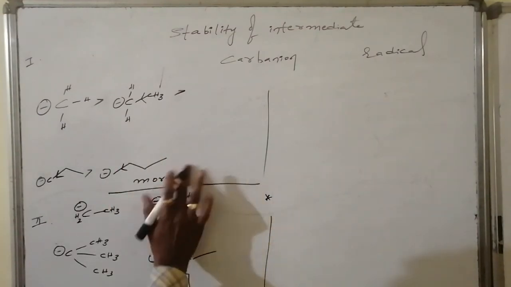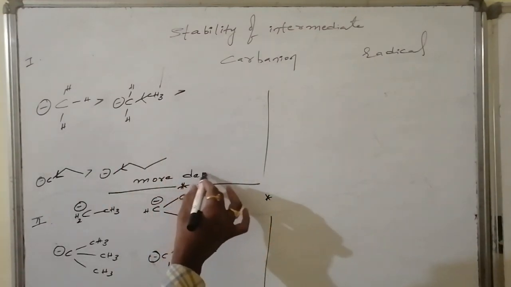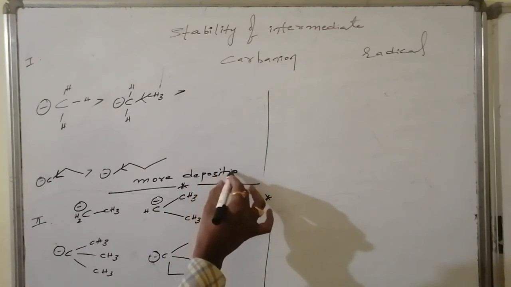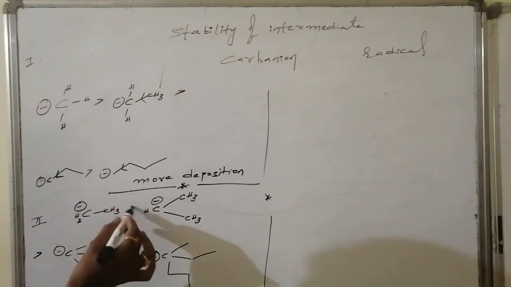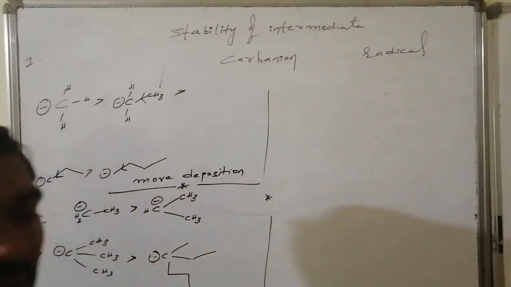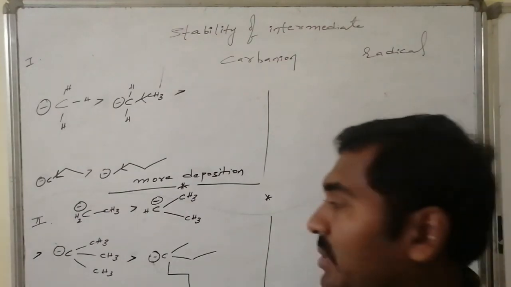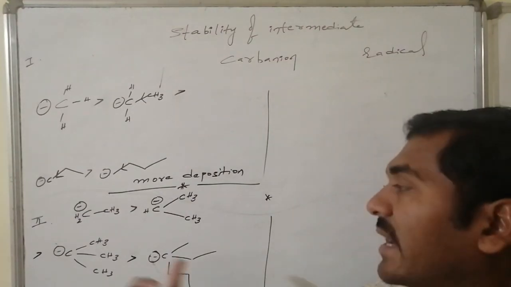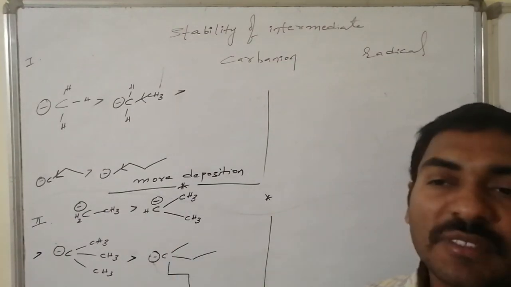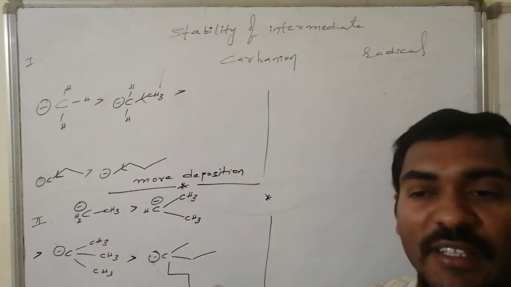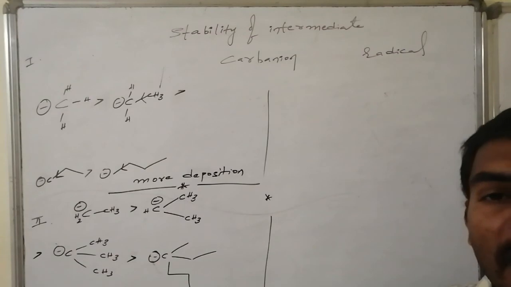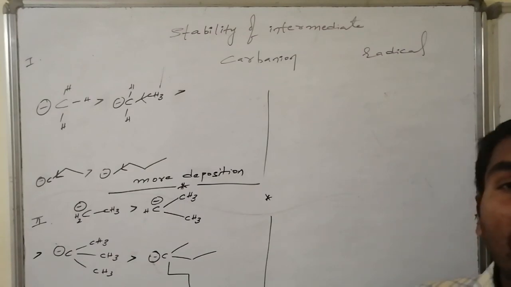Here, more deposition occurs. The more the deposition, the lesser the stability. Similarly, in this case, highest deposition, hence it has the least stability. Next, the highest intermediate stability is present for the methyl anion compared to the other anions present in the system, having two methyls, three methyls, methyl ethyl, and propyl connected with the carbon of anionic character.